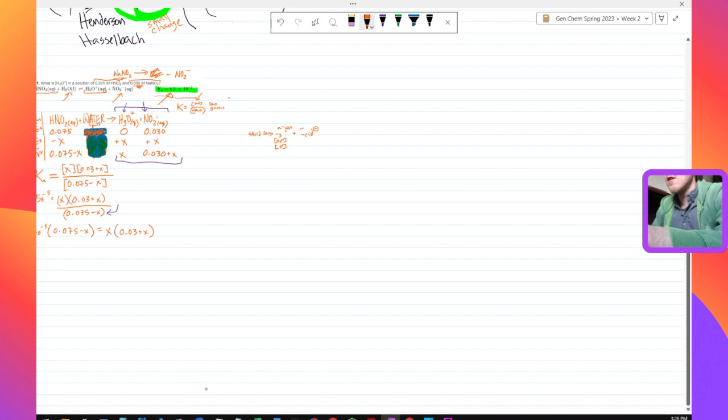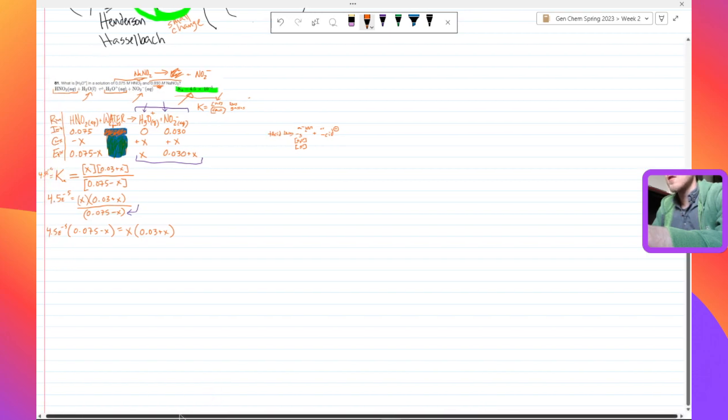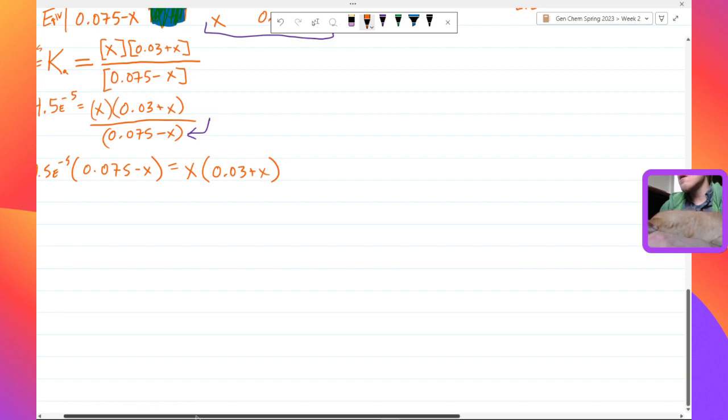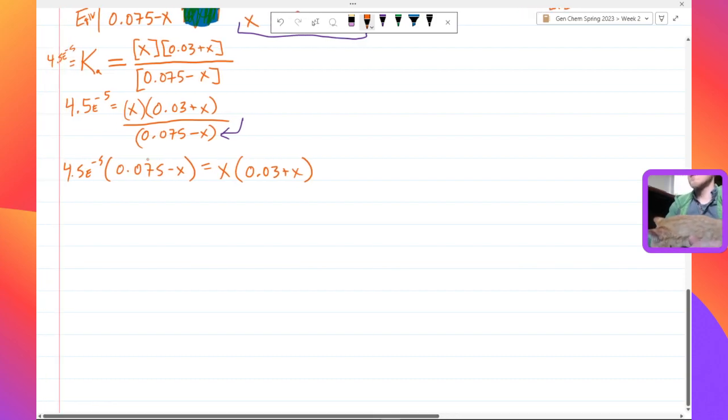Again, we maybe could do an x is small approximation, and maybe we'll circle back and do that and see how much of a difference it makes. But for the moment, I'm doing it in the let's just figure out exactly what x is fashion that's going to involve the quadratic equation. So let's multiply out both sides. Grab the old